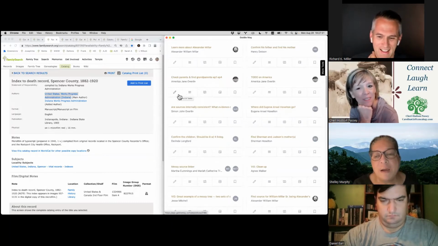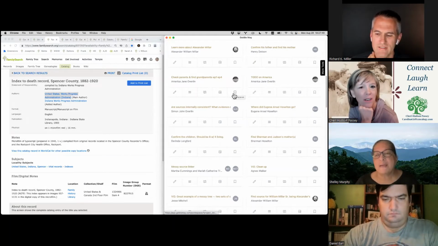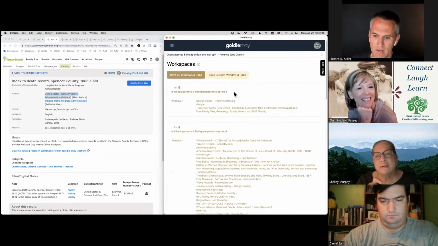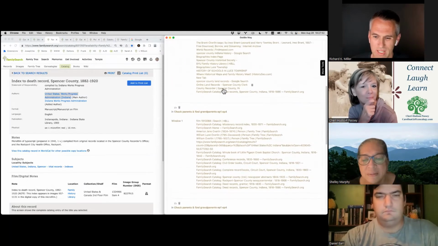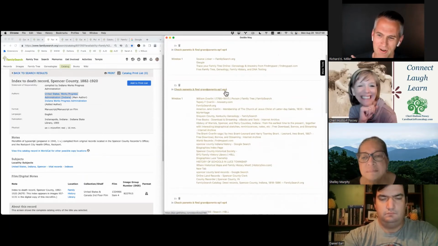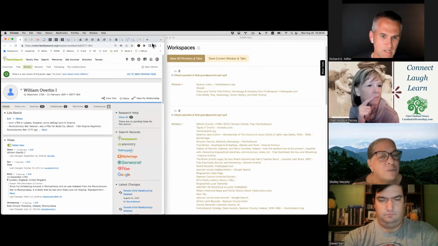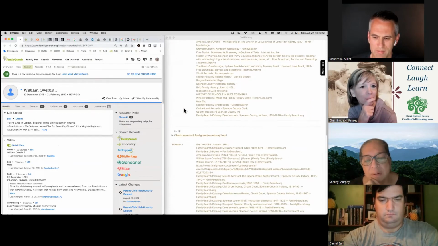So what's the second one? Oh yeah, so that's projects and tasks, and then this is the research log, subway map, canvas. And then workspaces. Could you show us the workspace again? That's the thing where you can save all your tabs from your research. This is specific to this particular project, but I got going and opened a bunch of tabs, and then I don't want to stop, but I can go back and launch that window. I click on window 1, and it'll open up all those 30 tabs that I had before. So you don't lose those and keep track of where you were.